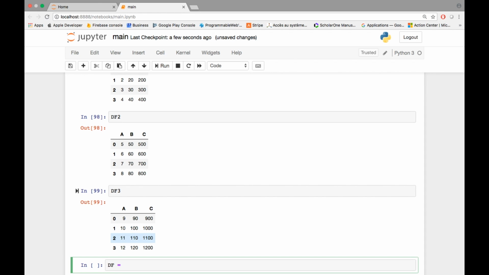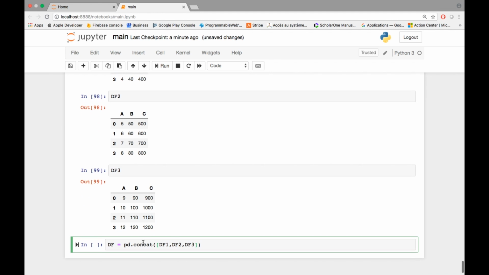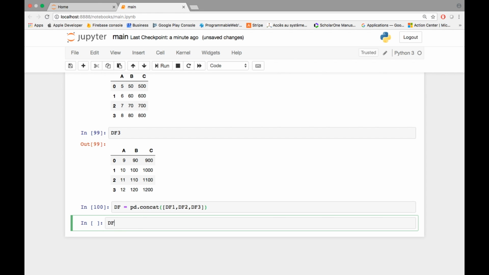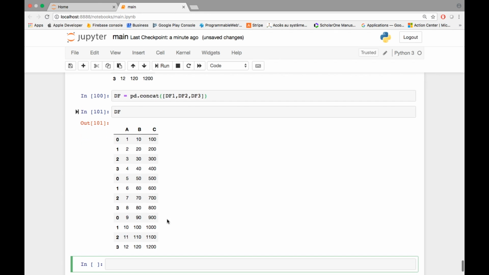So all you have to do is call pd.concat, which stands for concatenate, and pass in the data frames you would like to concatenate on top of each other. So df1 is on top of df2 and df2 is on top of df3. So run this and print df out, and there you have it. Okay, so the first 4 elements correspond to df1, second 4 elements correspond to df2, and the last 4 elements